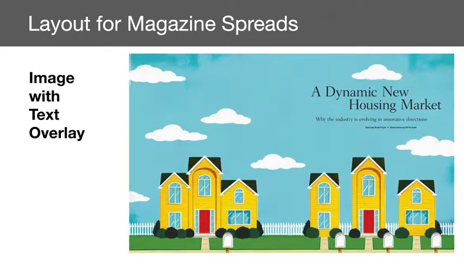This is what's an image with text overlay. So this is a full 2-page spread of an image. This is what's also known as a full bleed. So the image is bleeding off the page. Imagine if it's bleeding off the page, then we can just cut it and trim it to be nice and perfect. And this is the text being overlaid on top of the image,